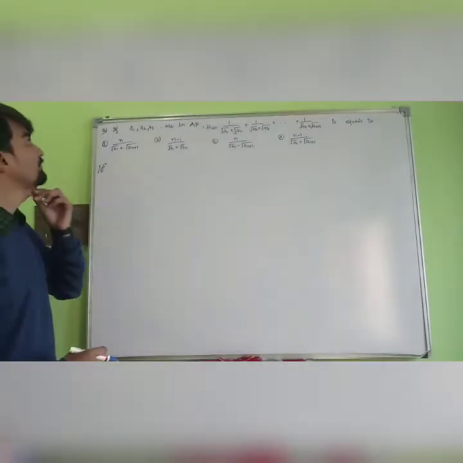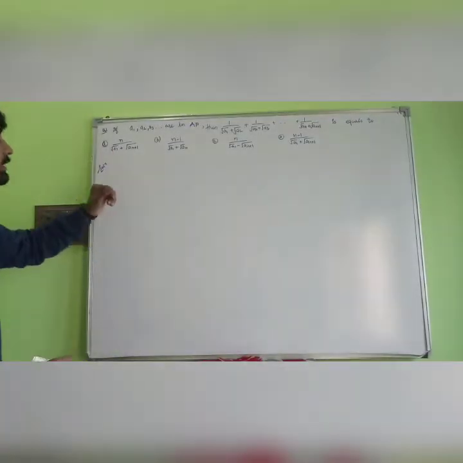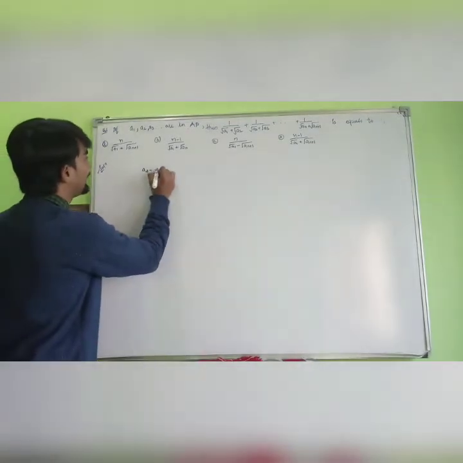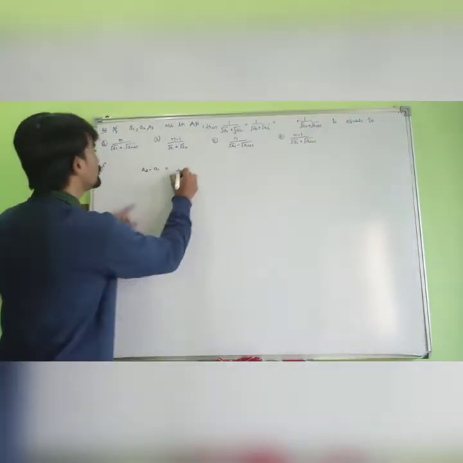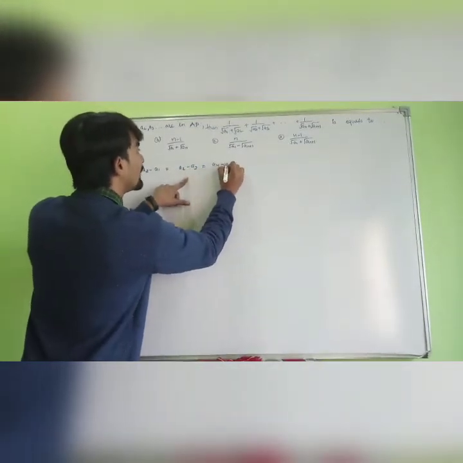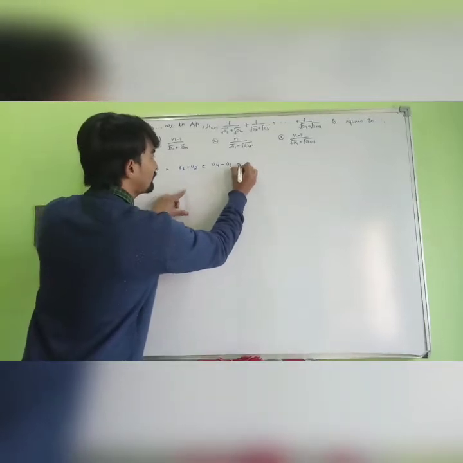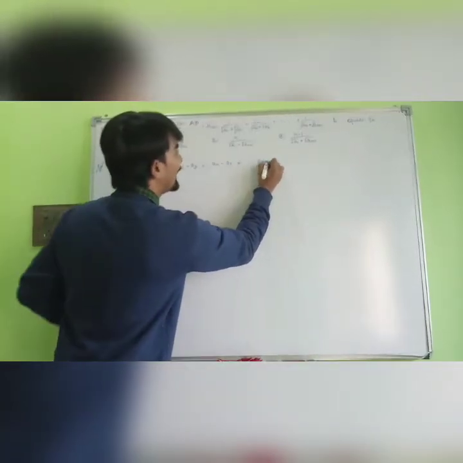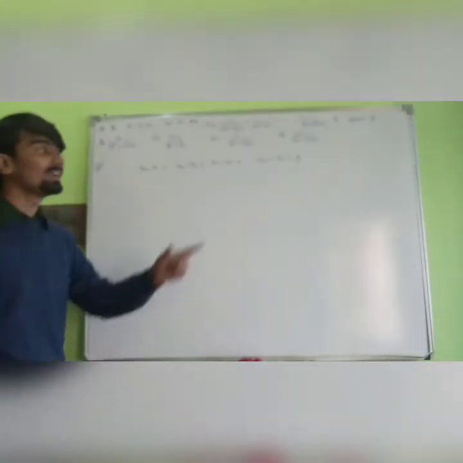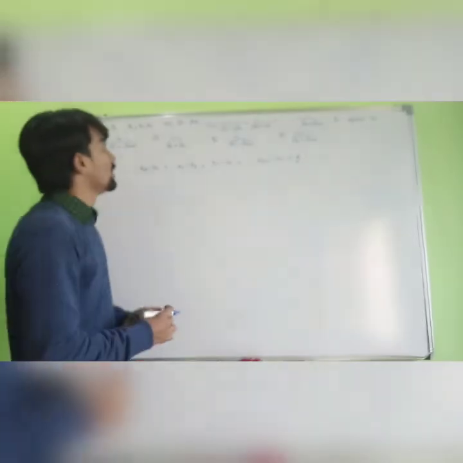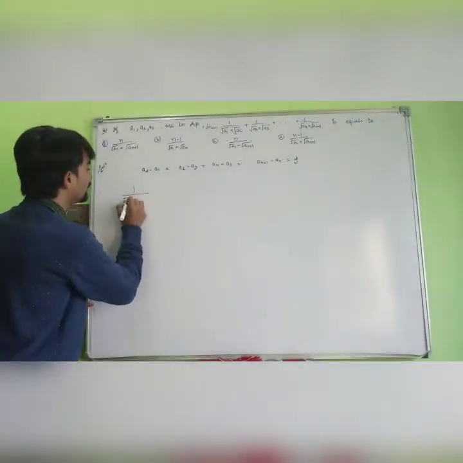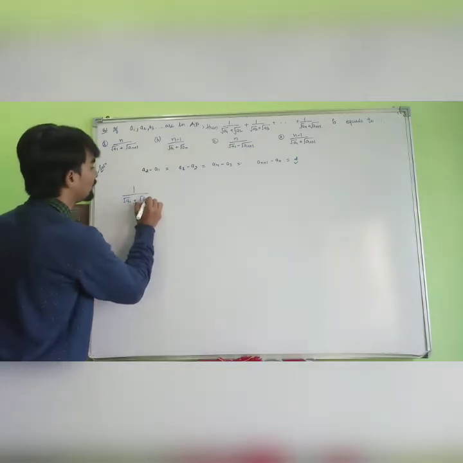Let's do the solution. As the question says a1, a2, a3 are in AP, so from this we can conclude that a2 minus a1 is equals to a3 minus a2, it is equals to a4 minus a3, or it will be equals to an+1 minus an equals to d, where d is the common difference of the series. Okay. So if we take the first term of the series, that is 1 upon root a1 plus root a2.